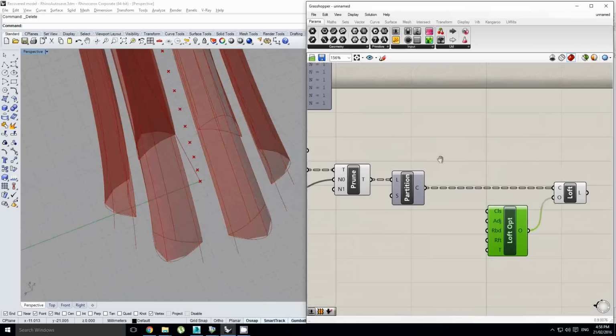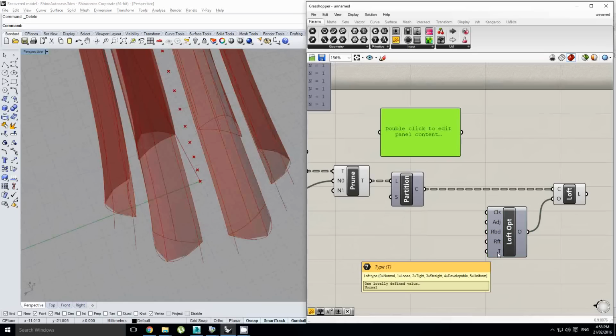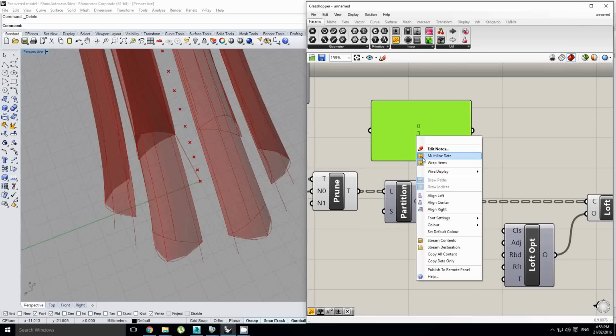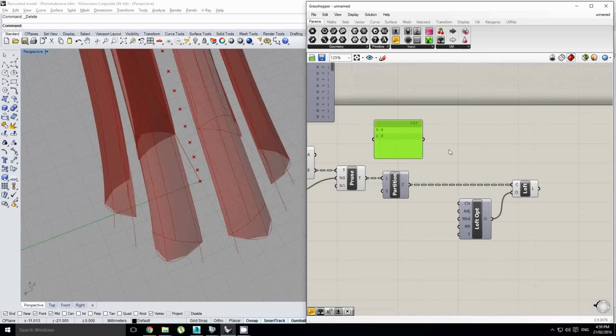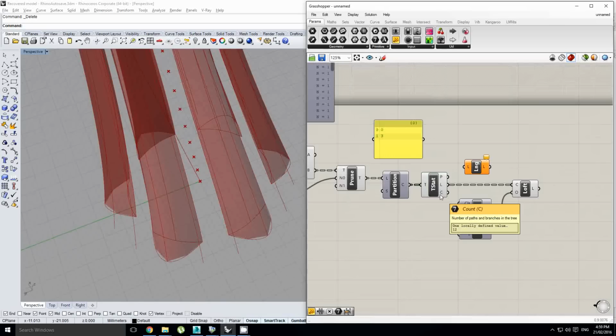And so what I'm going to do is make a panel, and let me see what type of lofts I want. I want a normal loft and I want a straight loft, so that's 0 and 3. I'm going to change this to multi-line data, and then I'm going to get some tree statistics here. Actually no, I don't need a list length component because I already get my number of branches here,